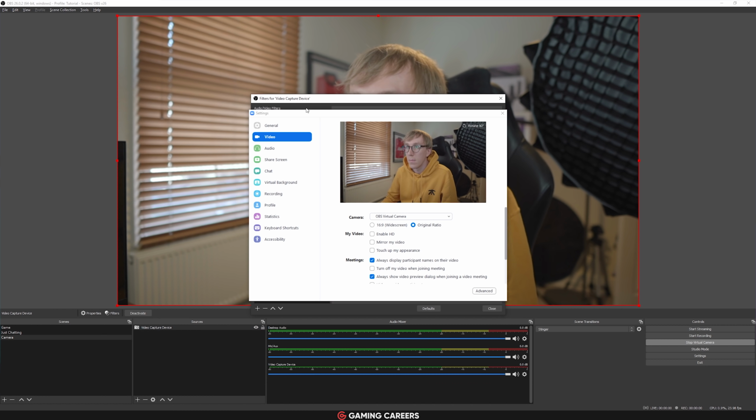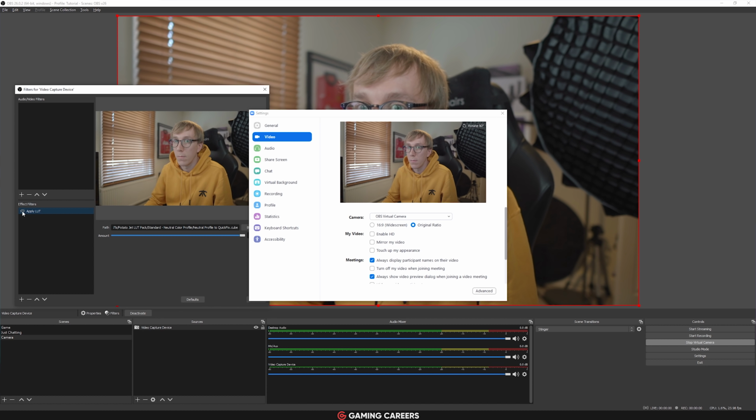It also allows you, of course, to add some filters to your camera, which other software like Zoom probably doesn't allow you to do. A couple of caveats is that it is for video only, so you still will need to go into Zoom or Discord or wherever you're using the virtual camera and make sure you add your microphone as the audio source. Also, right now it is Windows only, although they are working on the Mac and Linux versions too.